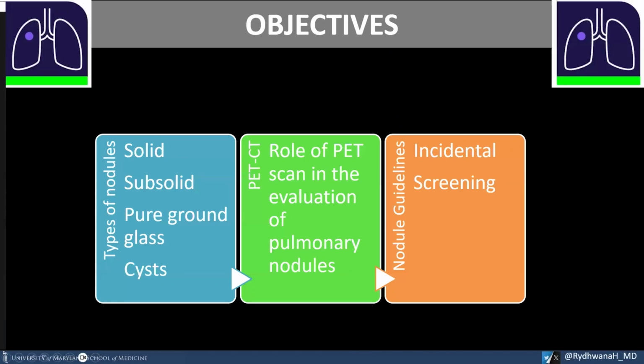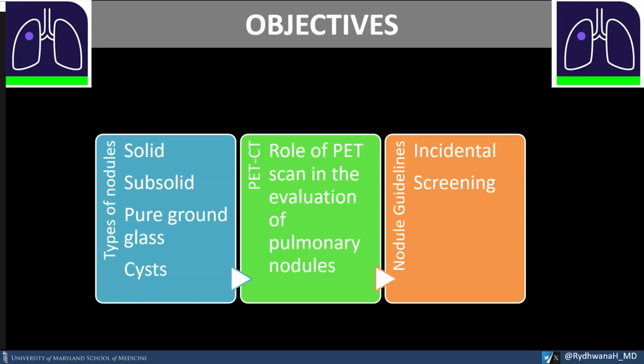So I wanted to just talk to you guys about the objectives for the next 30 minutes or so. We're going to start with talking about different types of nodules: the solid, subsolid, pure ground glass, and cystic or cavitary nodules. Then we're going to talk about PET-CT, or what I consider the limited role of PET-CT, in the evaluation of pulmonary nodules. And then lastly, we're going to discuss nodules, whether it's an incidental nodule or lung cancer screening,